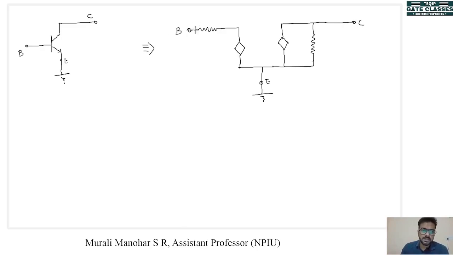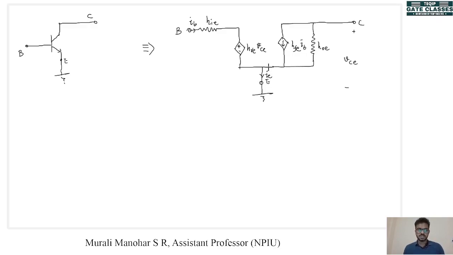Now we know that at the base current flows, which is IB. This quantity is now not just HI, it is called HIE. And this voltage is now HRE into V, and the output voltage is VCE. So this is HRE into VCE. And the current here is now HFE into the input current, which is IB, and this is HOE, the conductance. Now we know that IE flows here.